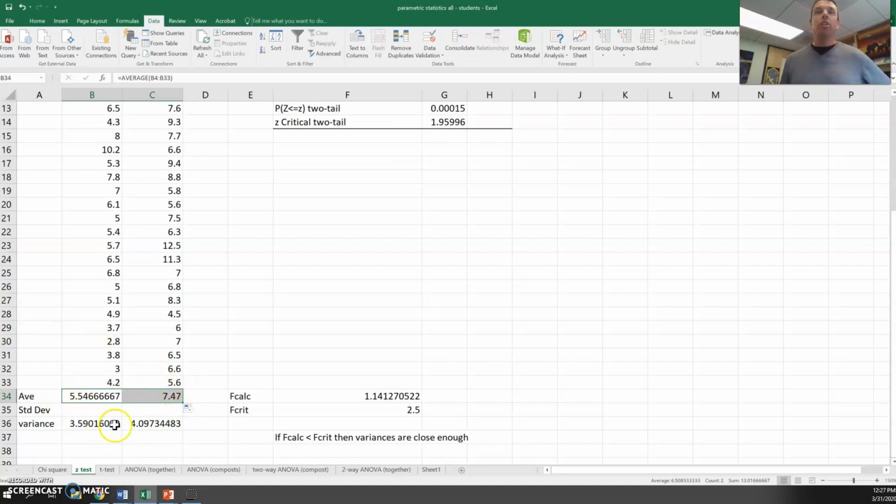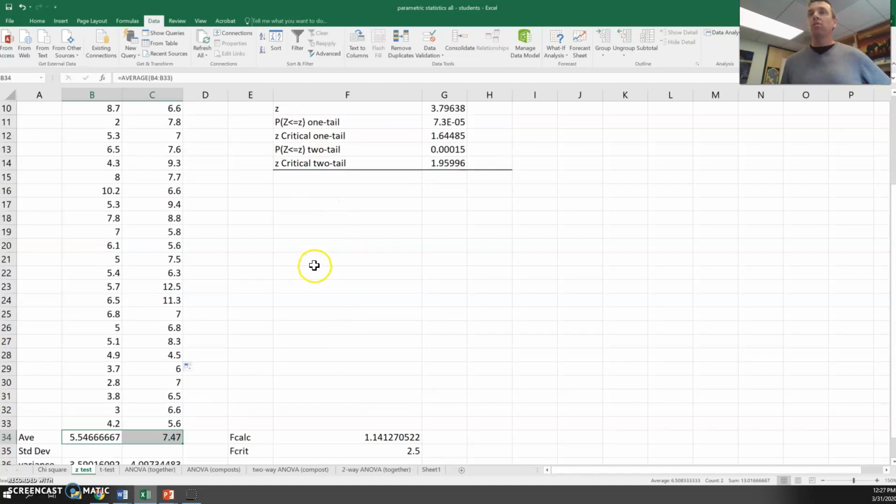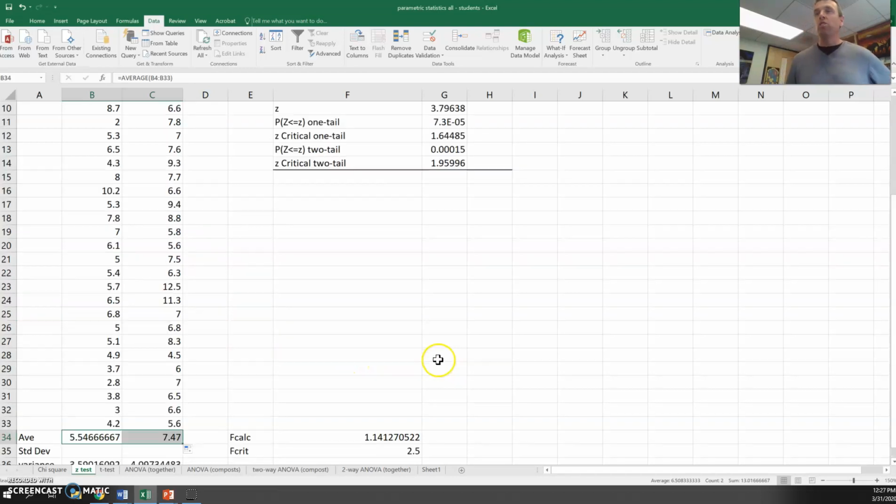And you have to, again, complete that circle. Don't just say they're different. How are they different? Well, the lower shore ones are significantly shorter than the upper ones. And so that's how to do a z-test. Remember, you have to do the F calc and F critical. You have to compare the F test to make sure the variances are close enough, then you